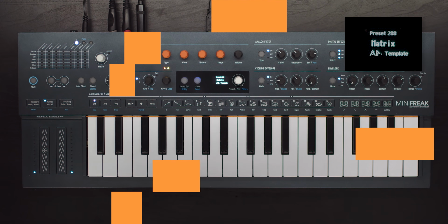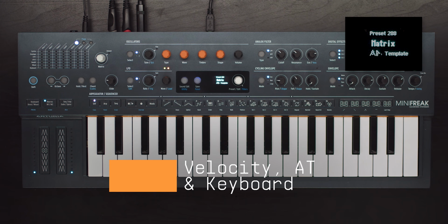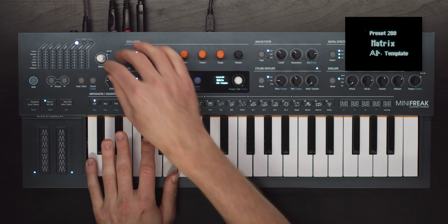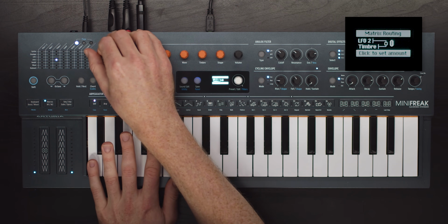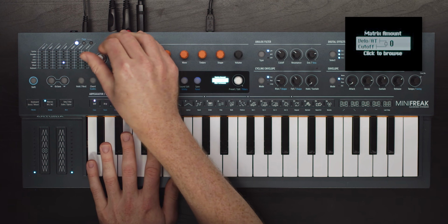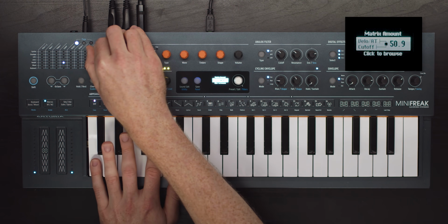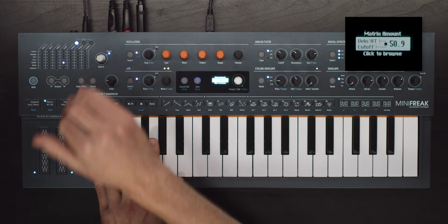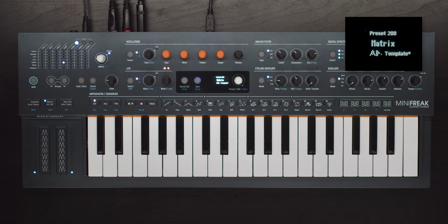So that's the LFOs. Now let's take a look at some special features of the final few modulation sources in the matrix. The first of these is the Velo Aftertouch, which is a single mod source for both velocity and aftertouch. You can also choose to only use one of them in the keyboard settings menu, for instance if you've already assigned velocity via envelope settings.